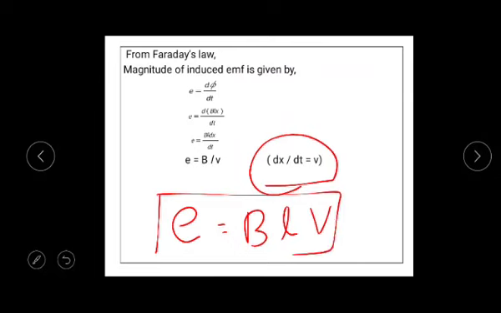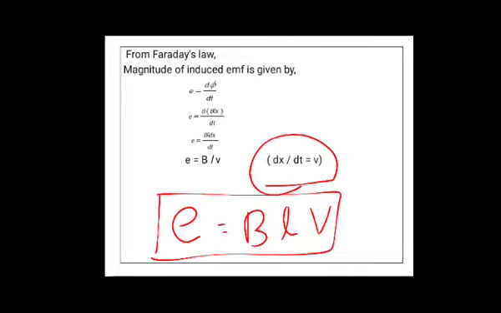This is the expression for induced EMF. That induced EMF is what we call motional EMF. So what is the expression for motional EMF then? E is equal to B L V. B is the magnetic field, L is the length of the conductor, V is the velocity with which it is moved in the magnetic field. Very simple derivation, but it is very important. It is repeatedly asked in the question paper. It carries 3 marks.